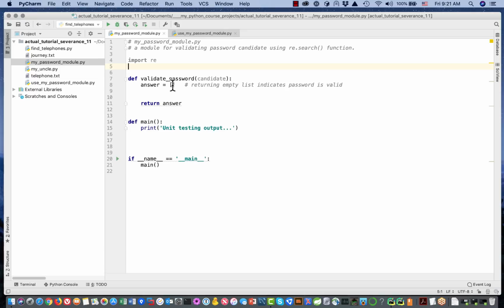Okay, and if it turns out that once we run the function, okay, we return a list. If the list is empty, the password was valid. If we have at least one error message, the password was invalid. Okay. One of the reasons I want to do this is I want to show you this approach. This is an accumulator pattern for error